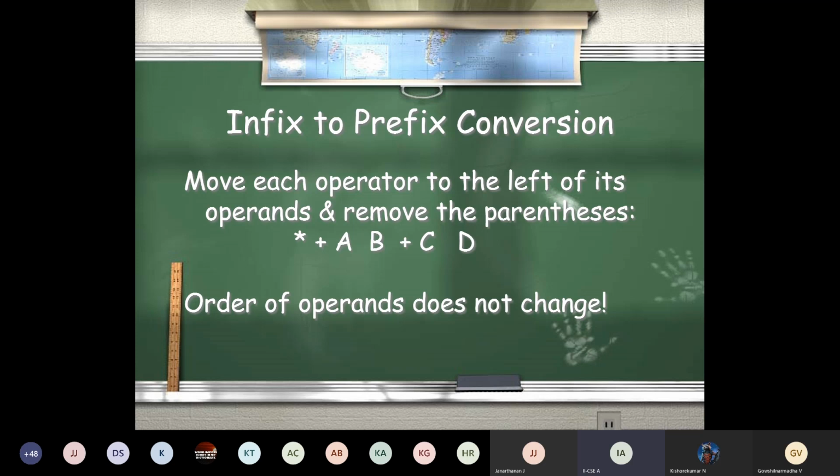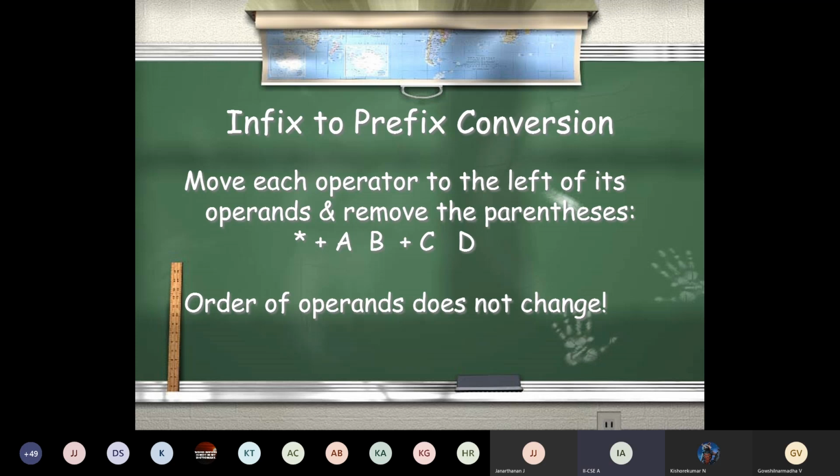So after doing this a plus b and after doing this c plus d, imagine you'll have two values in this place. For example, x and y. If you are imagining a plus b as x and c plus d as y, I'll have x and y here. And star should be applied on these two x and y. So therefore, your star we have moved in the front. Okay. So therefore, your star has gone to the first place. So only after solving a plus b and c plus d, we will go for this star.